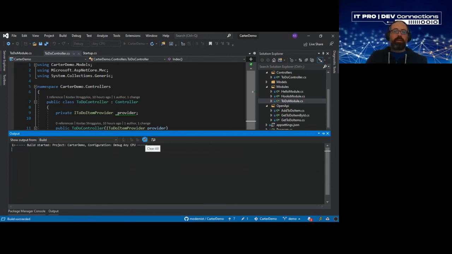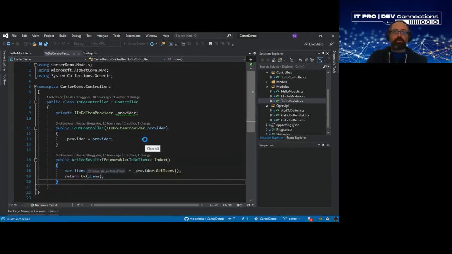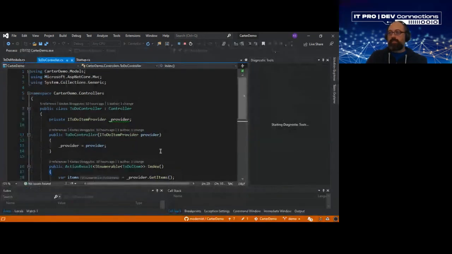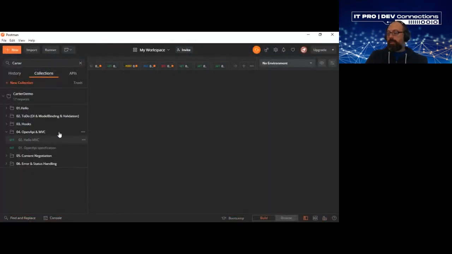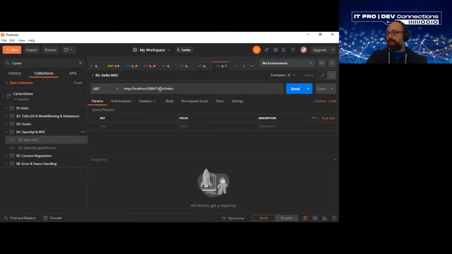You can have classic controllers and Carter modules living in the same project at the same time. So this is the URL I would need to hit in order to access this action handler, and it works the same way as we expect,